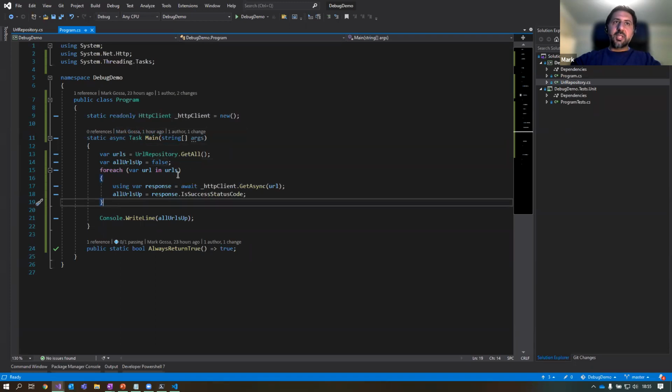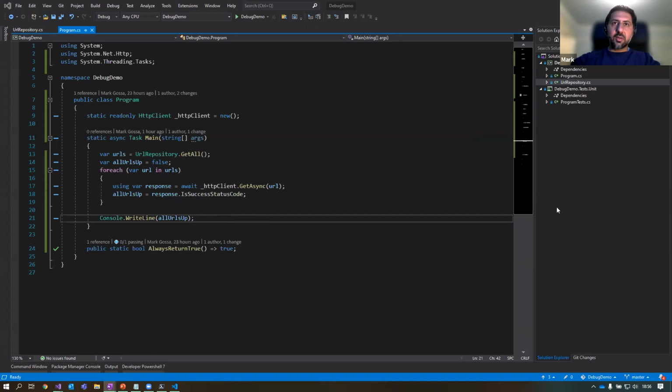It's just going to go through each one of the URLs, do a GET request, and check the status code. So if it's a successful status code, i.e. the website is up and responding correctly, then this is going to return true. And then the actual app should write true to the console. So I've got this new little requirement.